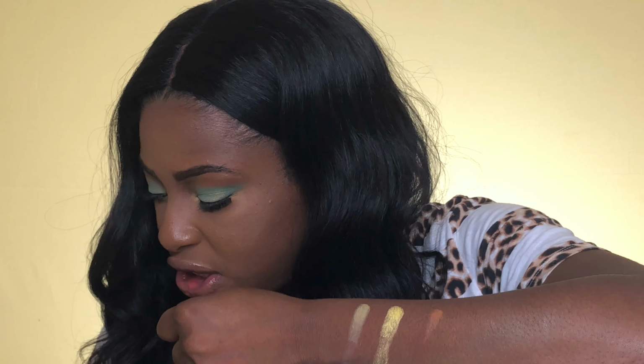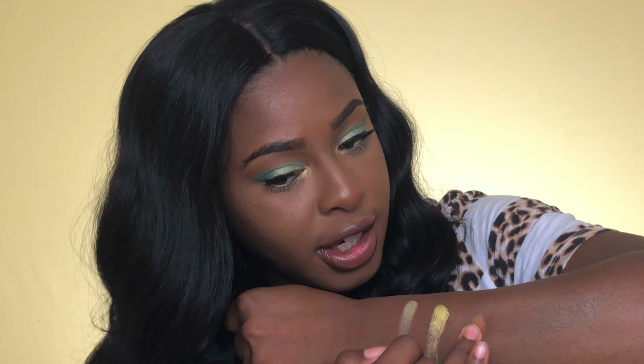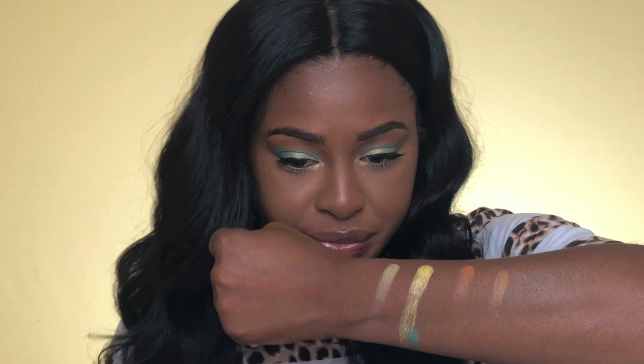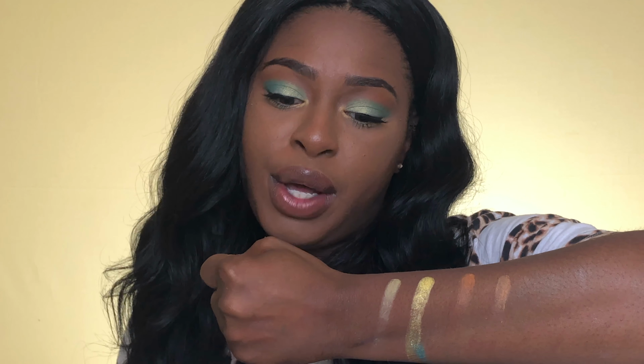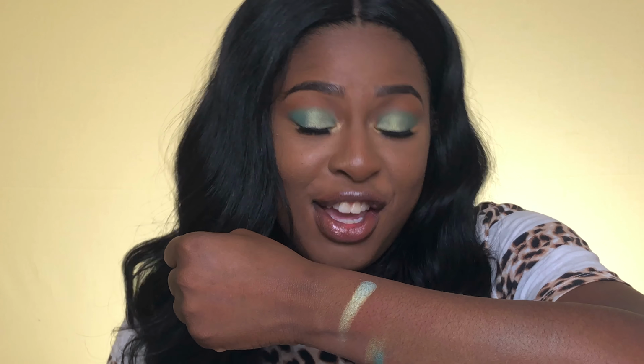Popsicle, which is an orange, and it's just acting kind of funny because of dark skin problems, but the swatch is not all that amazing. And Sunbathe. The mattes are not swatching well. Surf, which I have on my eyes, and y'all,